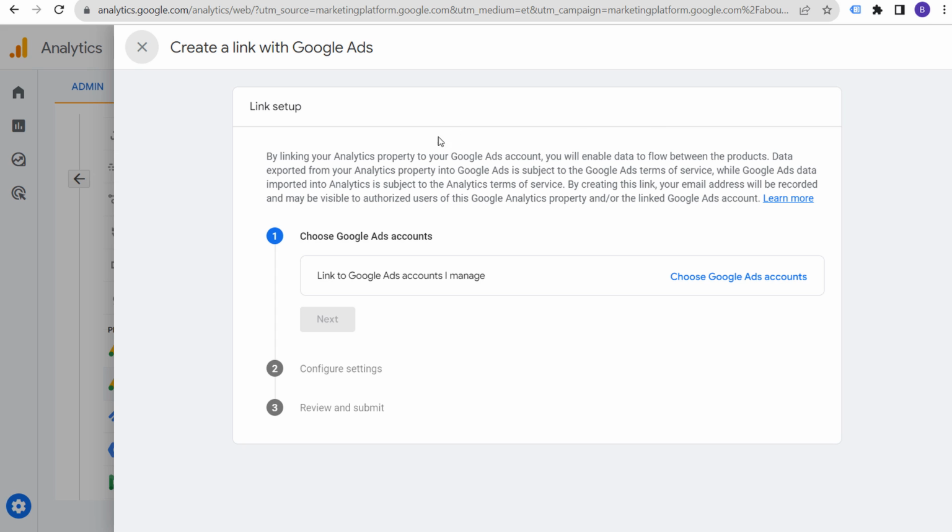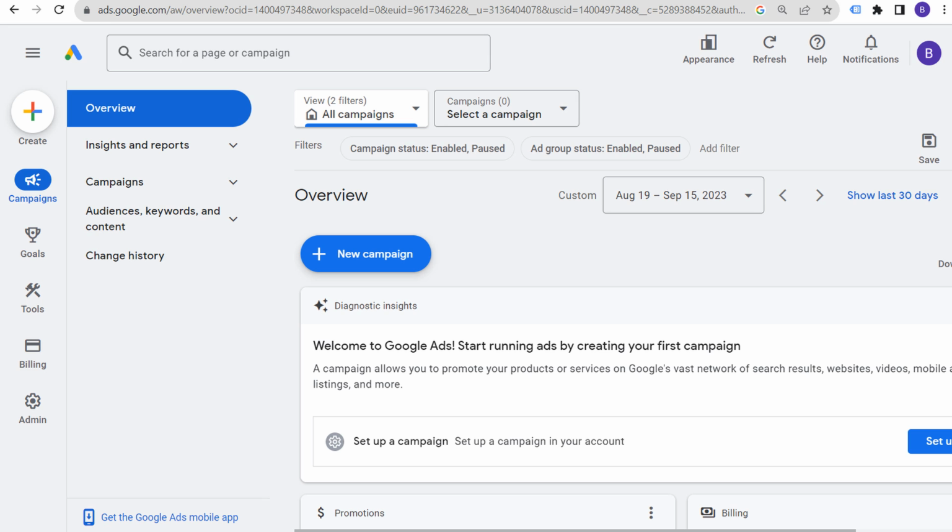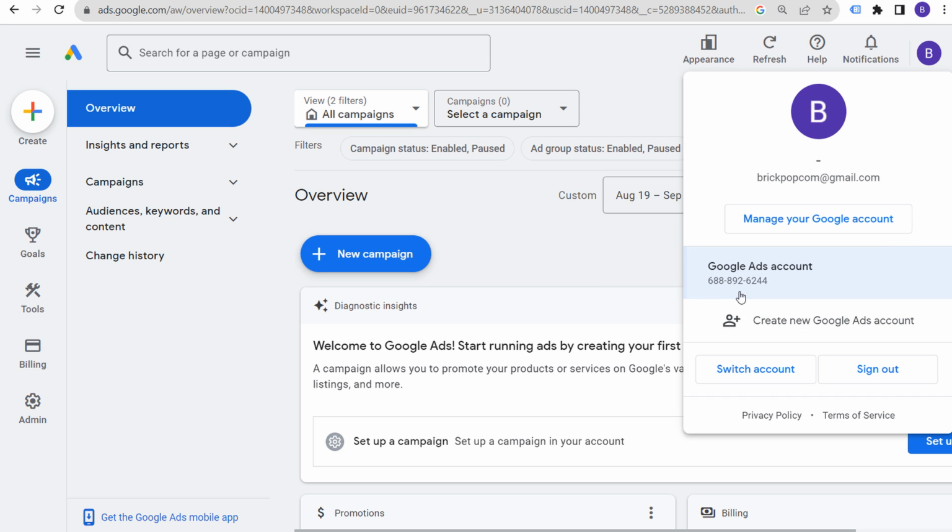So we're going to click on link here and you're going to see link to Google accounts that I manage. Choose Google Ads account. And now you'll see it's going to pull up this Google Ads account. You'll see the account ID right here. So let's come back over to our Google Ads account. And if we come over here, just click on your profile picture up at the top right corner,